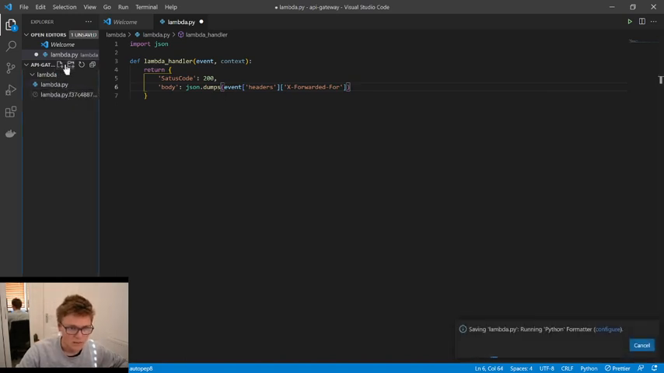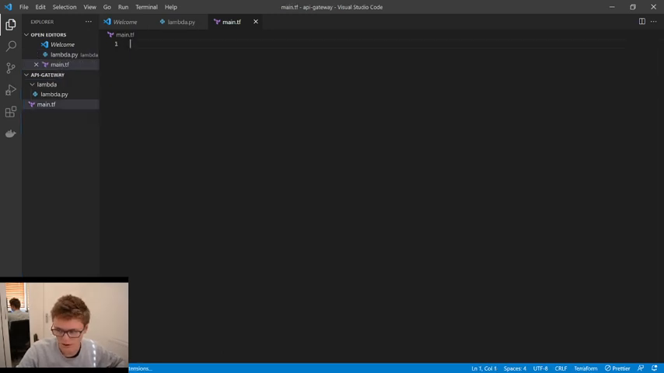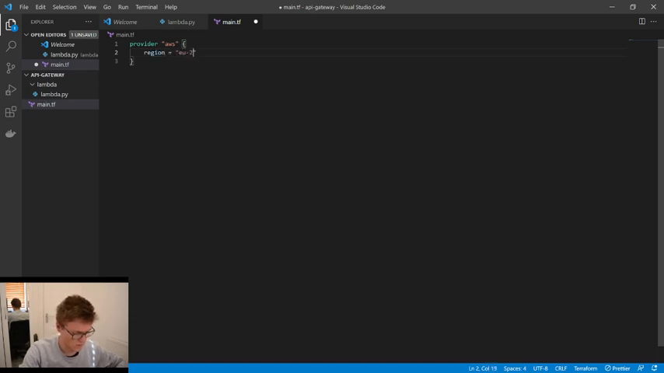So the next thing we want to create is the Terraform file. So we're just going to call it main.tf, and this is where we're going to create our infrastructure for AWS. So first things first, we need a provider, AWS, and we're going to give it a region. I'm just going to say EU West 1,